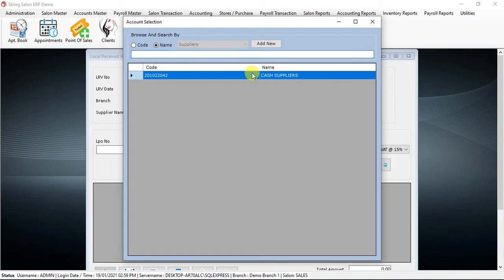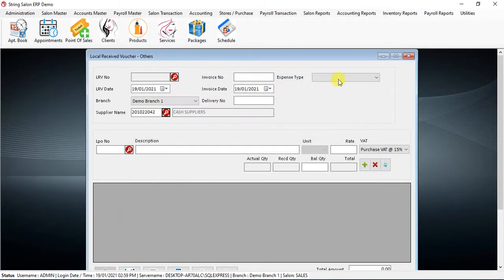So now I will put it as cash supplier, and I will say today is a food expense, and you can give the invoice number, invoice date, and you can provide what type of expense it is.